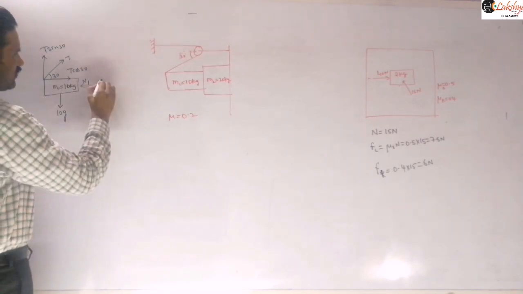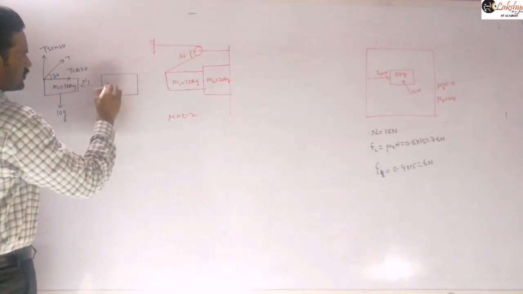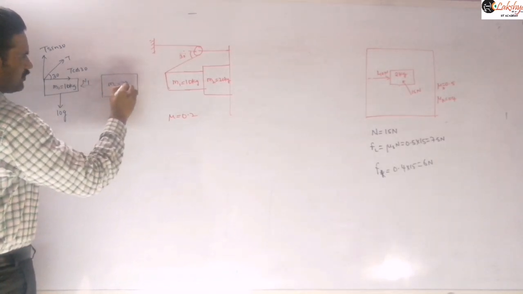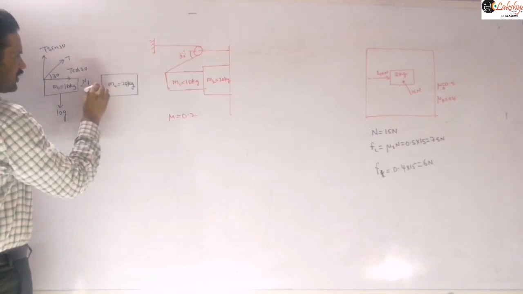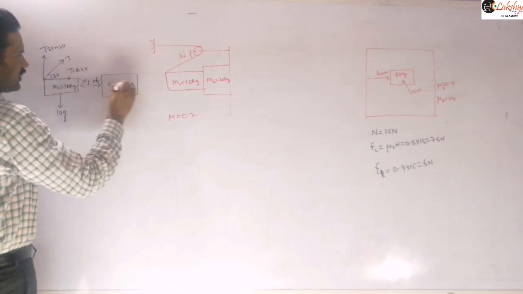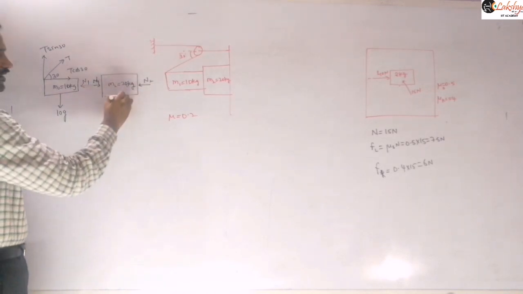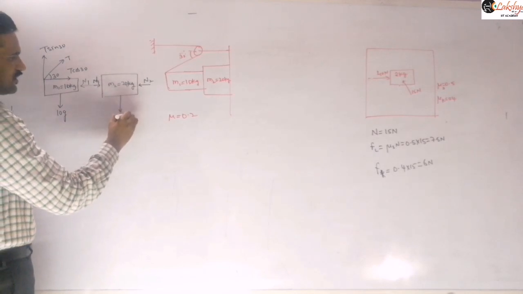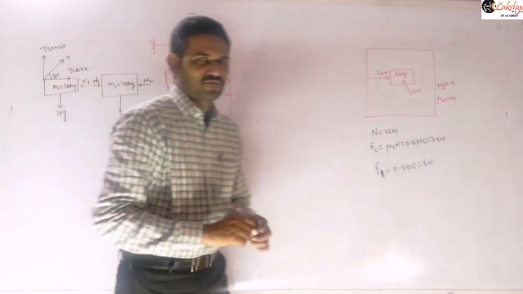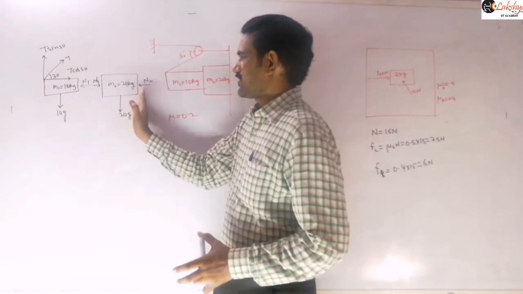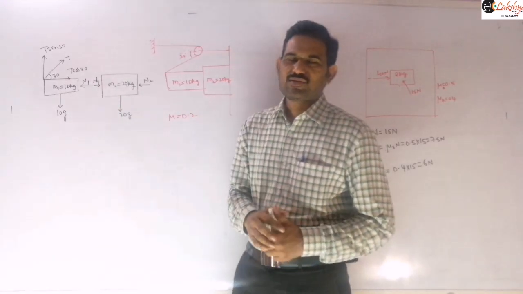Next, if you draw the free body diagram here, this is the M2 20 kg block, and this normal reaction N1 will be here, and from this side the normal reaction N2 will be here, and this 20g will be in the downward direction. Now you need to decide the direction of friction between M2 and the wall, and between M1 and M2.